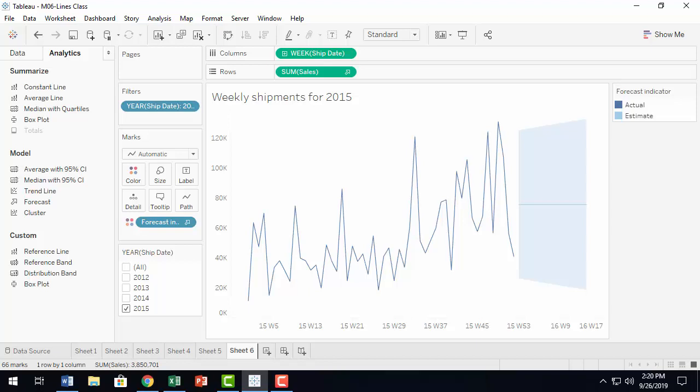And it also depends upon the granularity of the visualization. Right now, the visualization is at the level of week, right? So it's a weekly sales that is plotted. So the weekly sales data will be analyzed, and you will have a forecast on a weekly basis going forward. Now, if you change that to